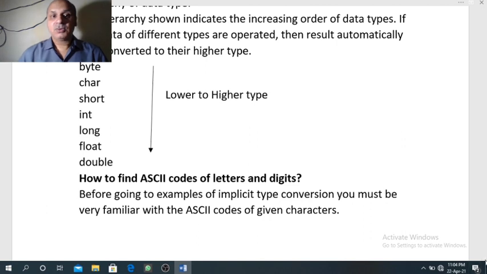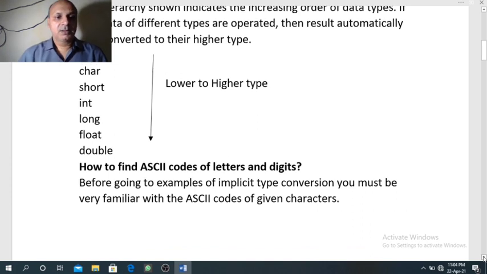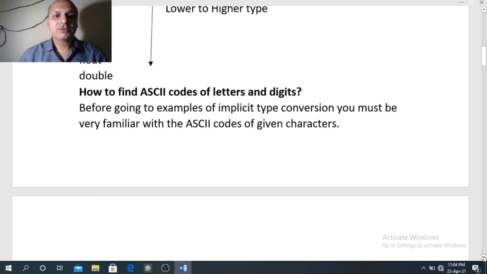So before going to understand the implicit conversion in detail, we should know how to find the ASCII code of different characters. So this trick is very important. You will not find these tricks in the book. I have designed this trick myself for your better understanding. So how to find the ASCII code of letters and digits?